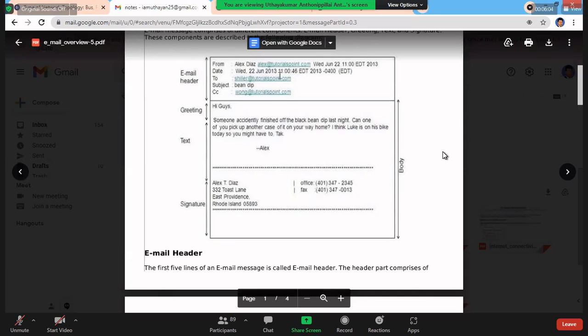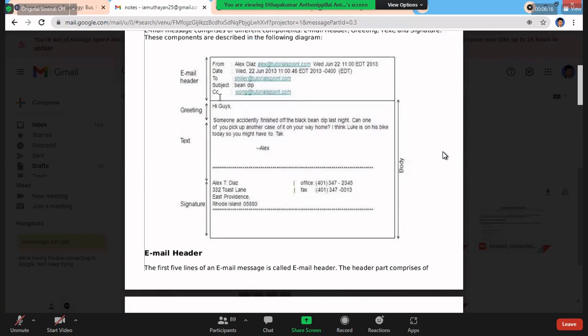Everything should be displayed in this format: to whom they want to send this message, what the subject is, and then another two, CC and BCC. What is the purpose of CC and BCC? If you want to send the contents not only to one person, but to many members of a group, 10 or 11 group members who want to get the same message, then I can put them in the CC, carbon copy.